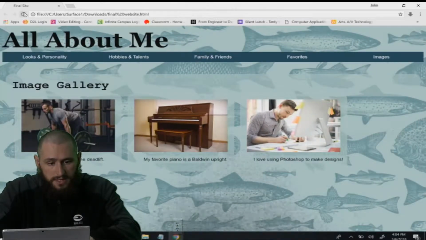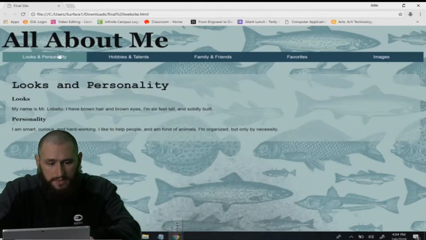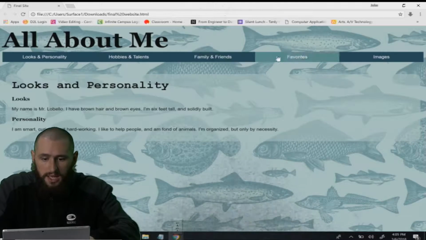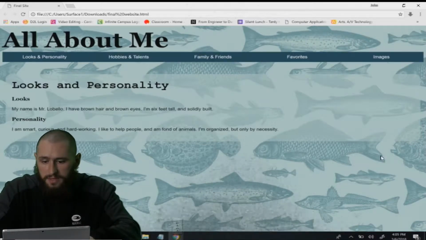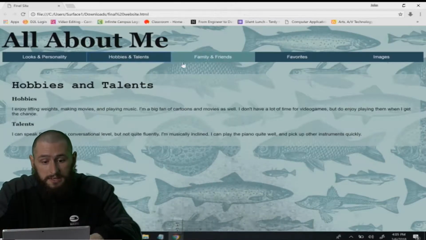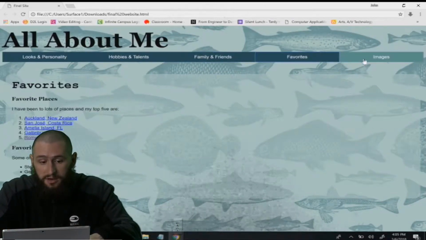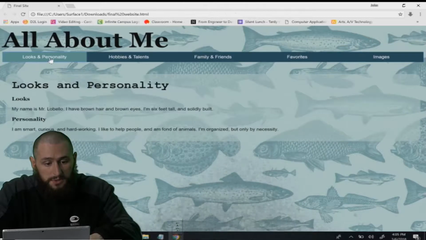Let me just refresh it real quick. You'll notice off the top that we can still see the bars here at the top, but what we don't see are the rest of the tabs here. But if I click on the different buttons, it'll take me to the different sections. They'll appear, and then everything else will disappear. So it's a